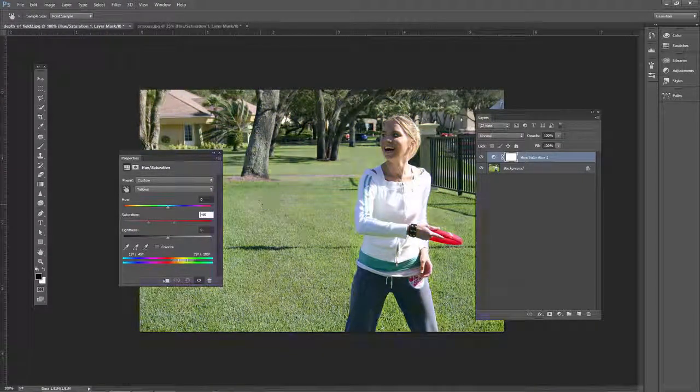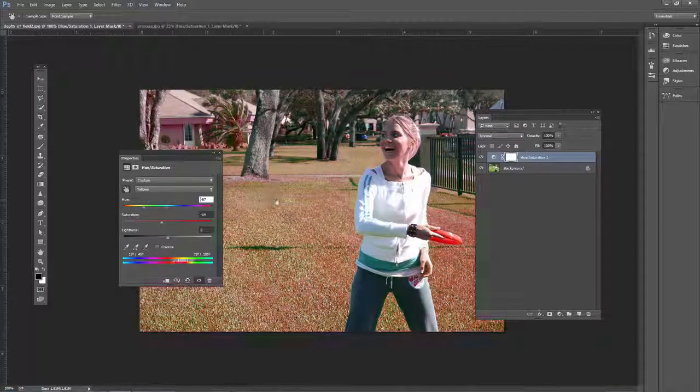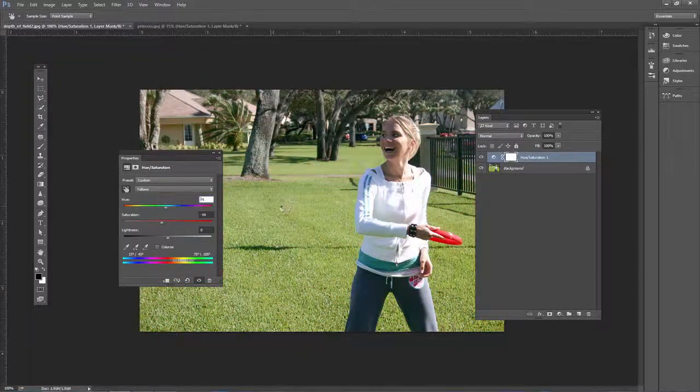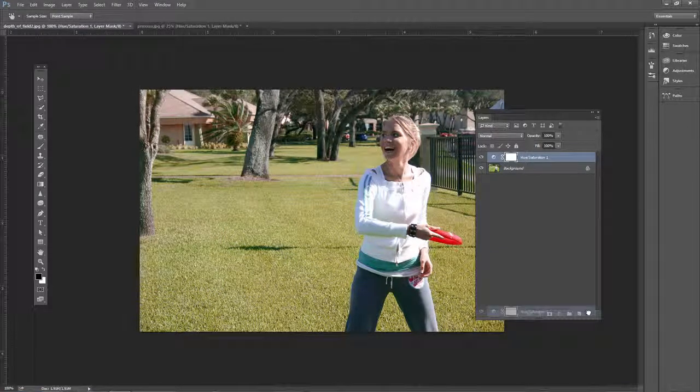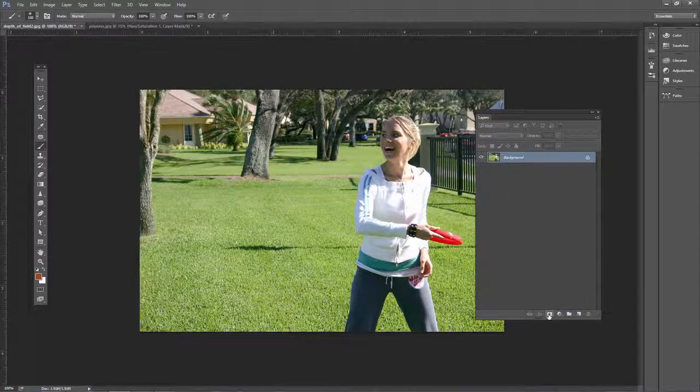It's kind of a scrubby zoom. If you click and drag, it will change the saturation by default. If you hold Control on the PC or Command on the Mac, it will actually change the hue by default. So that's a couple shortcuts to be familiar with in this hue saturation technique. Again,